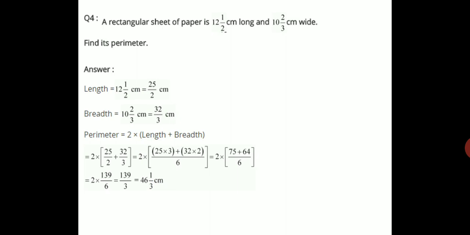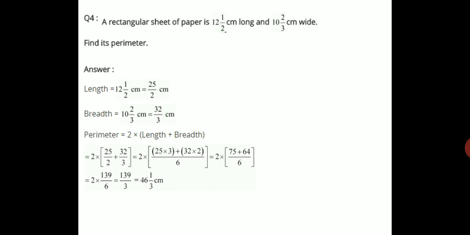Length is 12.5 centimeter. Converting into a fraction, it becomes 25 by 2 centimeter. Now breadth is 10 2 by 3 centimeter. So it becomes 32 by 3 centimeter. Now perimeter of the rectangle, you know the formula, it is 2 into length plus breadth, 2 bracket length plus breadth. Now keeping the values equal to 2 bracket 25 by 2 plus 32 by 3 bracket over,